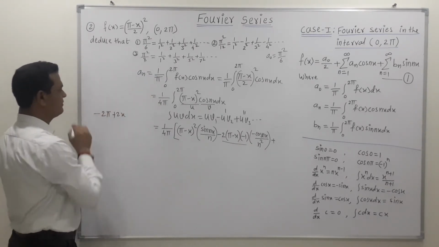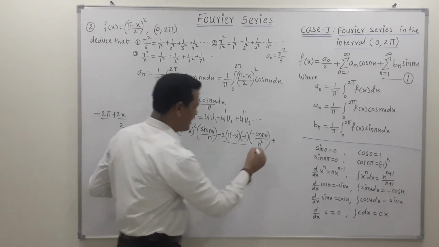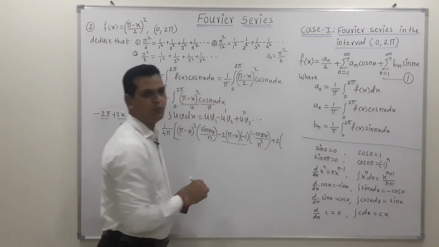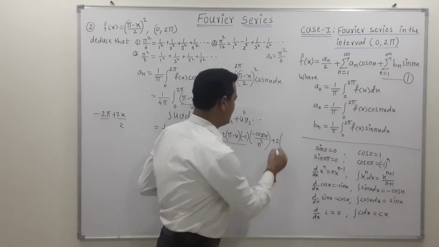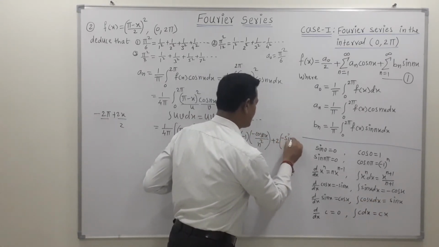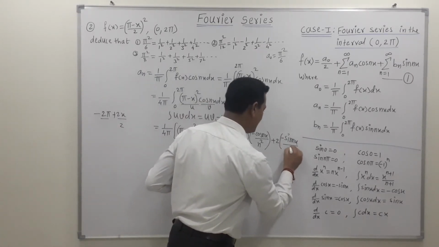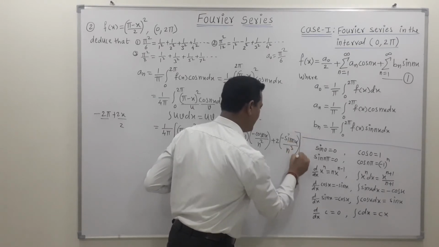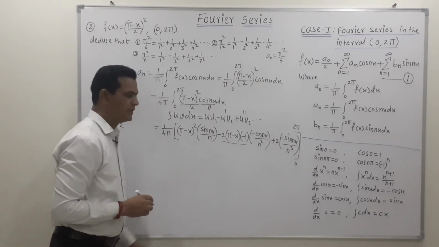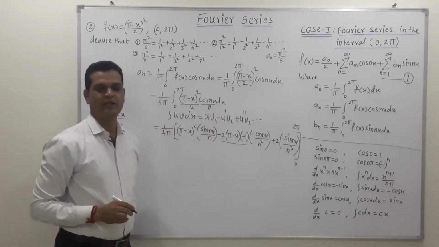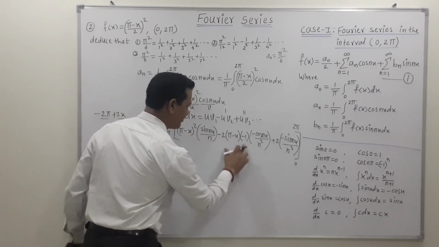If we take the derivative of this function, this is a constant term, and its derivative is 2, so we can write the next term as 2 into the integration of this term. Integration of cos is sine, so this minus as it is, sine of nx upon the derivative of nx, which is n, so n into n square is n cube. Now its limit is 0 to 2 pi. So this is the way to solve the example with the help of the general rule for integration by parts. Once again, don't combine such signs here.